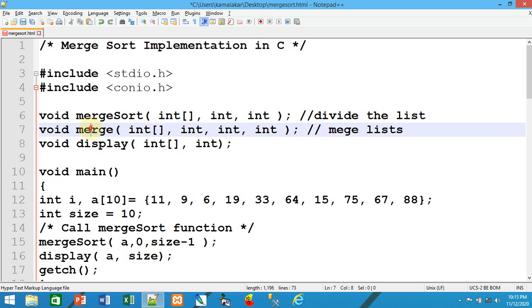So the second function, the merge function, is used to merge the list, and the first function, merge sort, which instead of divide I have named merge sort, is used to divide the list into